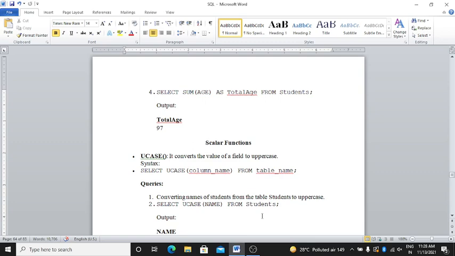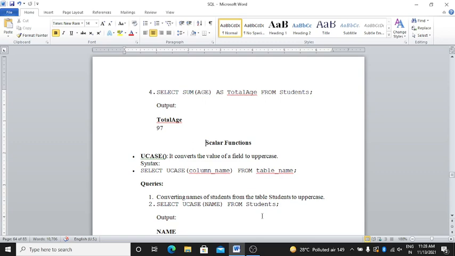Here is the scalar function. Okay. First command is UCase. UCase means uppercase. It converts the value of a field to uppercase. If we want to convert the value to uppercase, then we can use the command UCase.